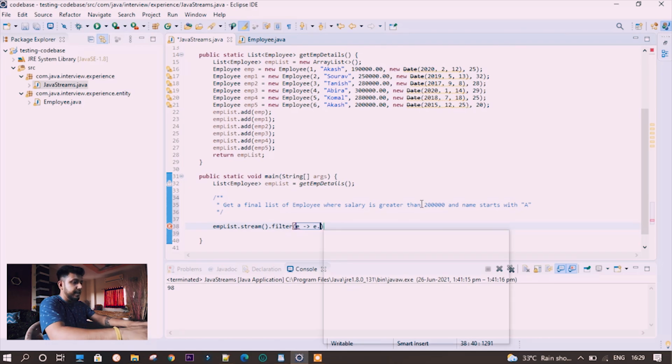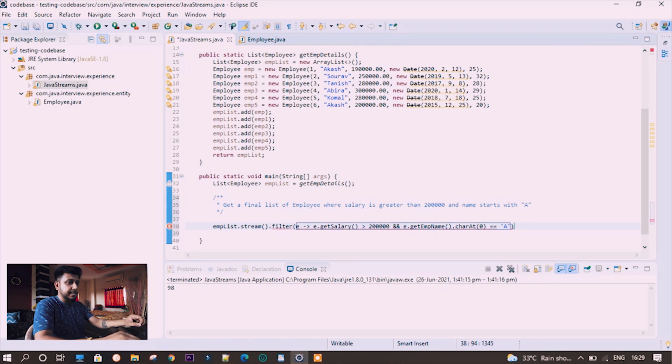Now e dot get salary is greater than 2 lakh, and name starts with A. For this, just take e dot get employee name dot charAt, take the first position as 0, then you need to do equals with A, and that's it. Now you need to do collect,